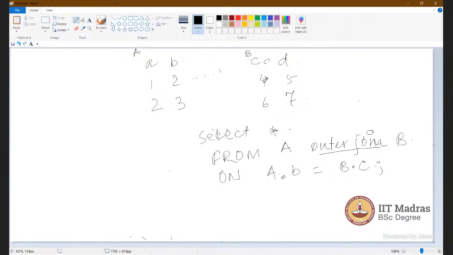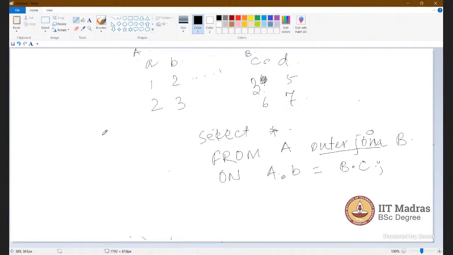Suppose this one is 3. Then what will be your answer? 3 tuples will be there. How did 3 tuples come here?